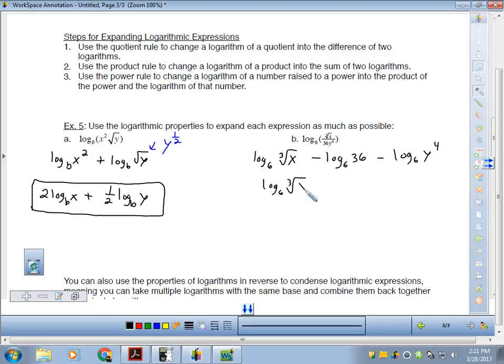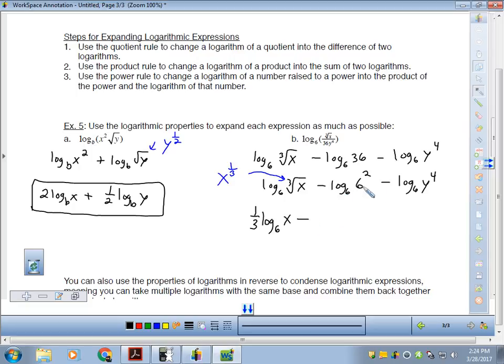So I have log base 6 cube root of x minus log base 6 of 6 squared minus log base 6 of y to the 4th. Alright. And then we're going to do 2 things. We're going to bring our powers to our front, and then we're also going to simplify this middle logarithm. Now here, when you have this cube root right here, the cube root is a 1/3 power, so this is x to the 1/3. So you're going to take that and bring it to the front. 1/3 log base 6 of x